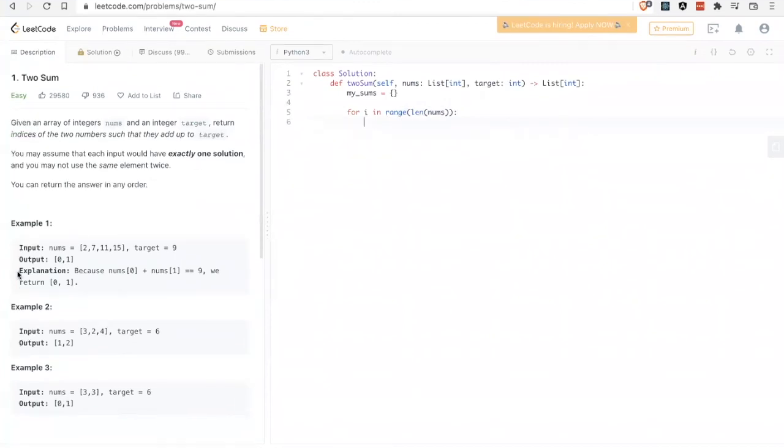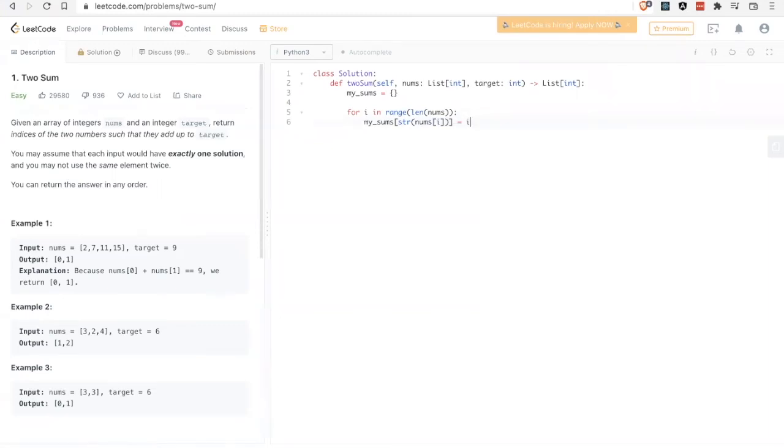And at first, we're going to have to keep track of whether a number exists in the list. And then we're also going to have the index associated with it, stored in the dictionary.